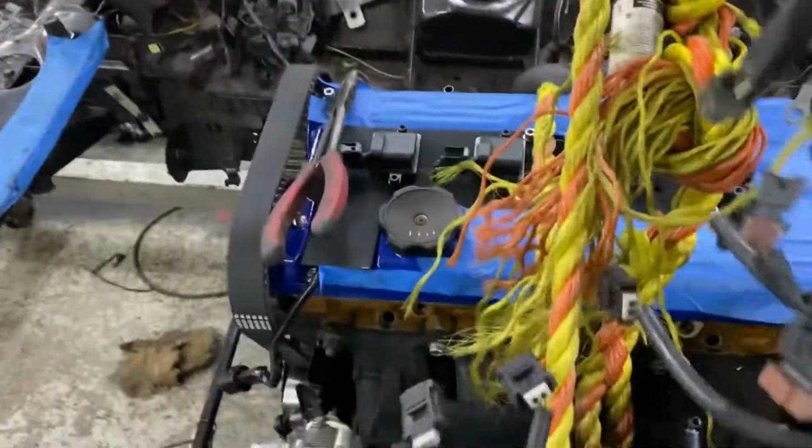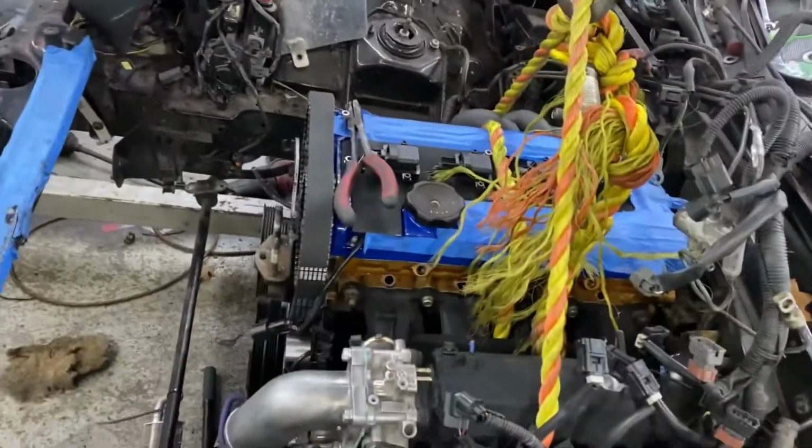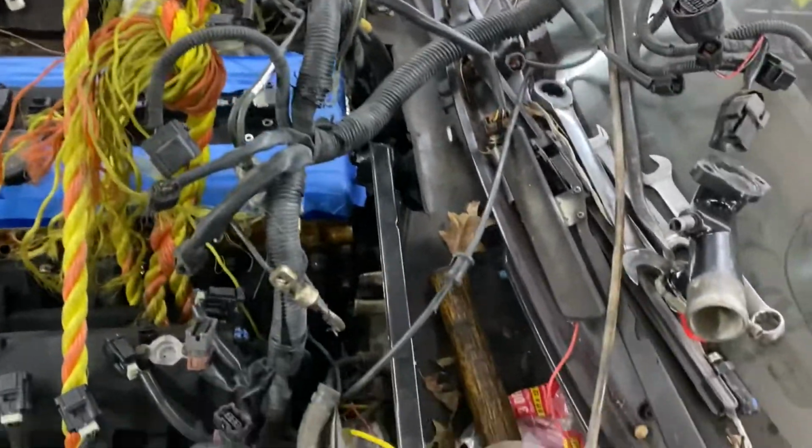As you can see, the engine's back in the car, and excuse the harness. I had bought this harness yesterday, and I was just making sure it fit and seeing how I'm gonna route it, because you know, DSMs, the engine is sideways, and of course here it's rear wheel drive. But yeah, we got the engine in, and the only issue we're running into right now is the thermostat